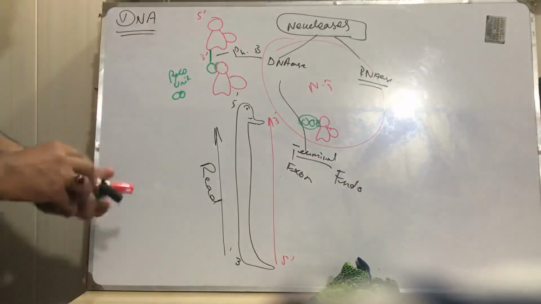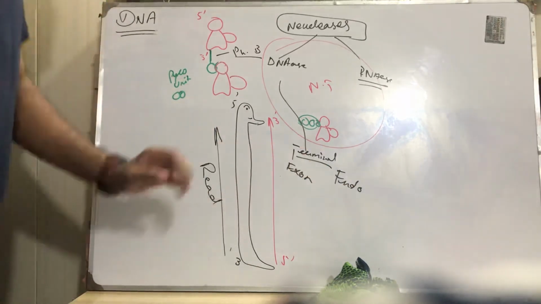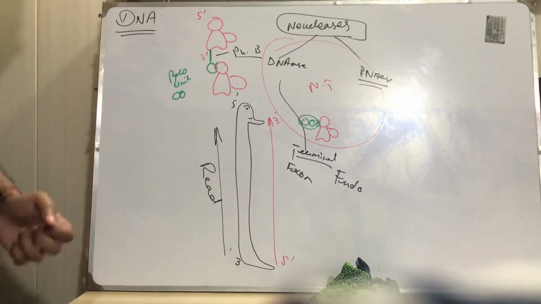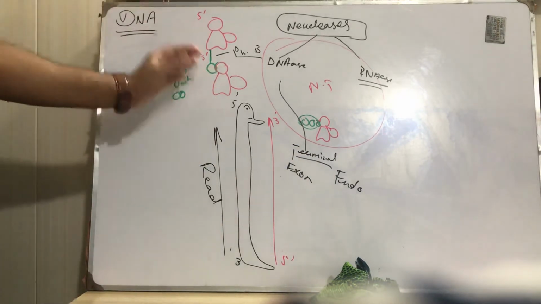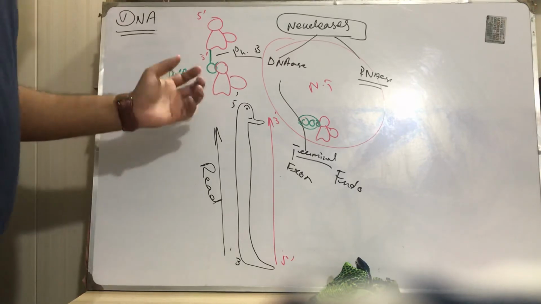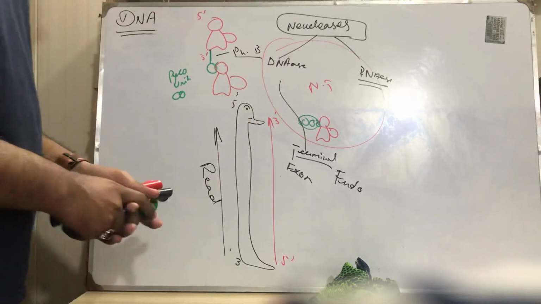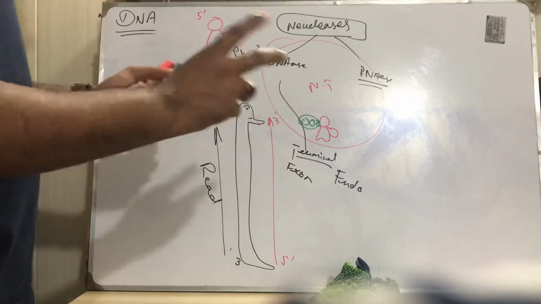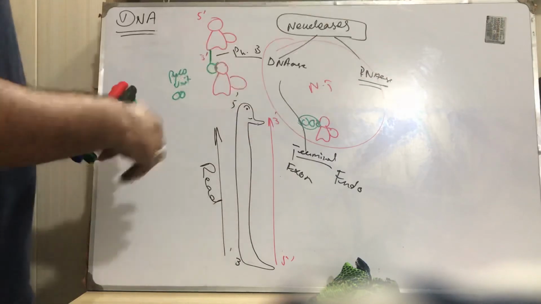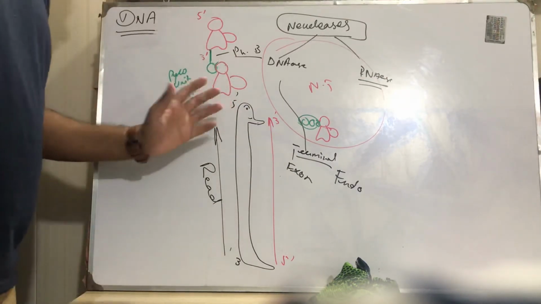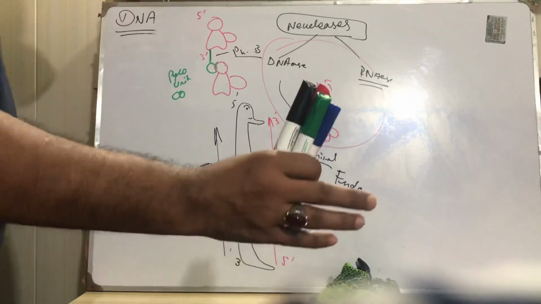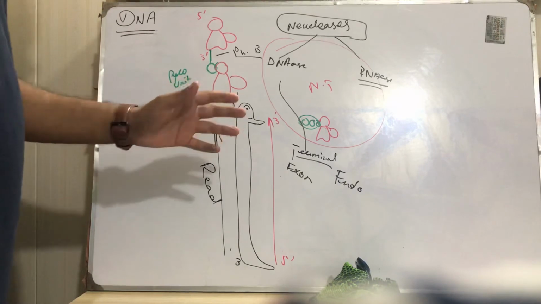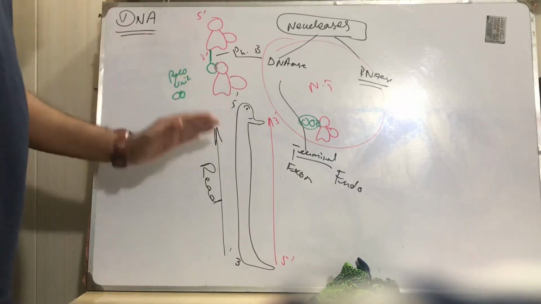And of course, exonucleases cut the terminal part and endonucleases cut the center part. Okay, so this is all about the DNA structure. This is the double helical structure, and sometimes they twist right-handed and sometimes left-handed, but those are other cases like B form, A form, Z form, and that will not be included in your syllabus. Even at the bachelor level, like BA Zoology, you didn't learn about the A, B and Z forms of the DNA.